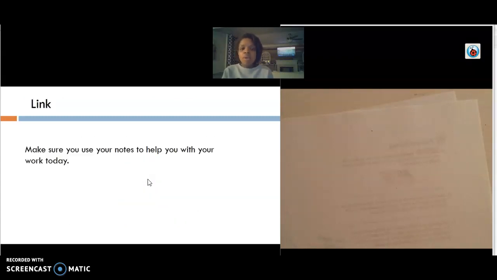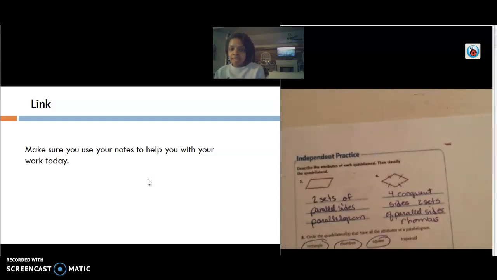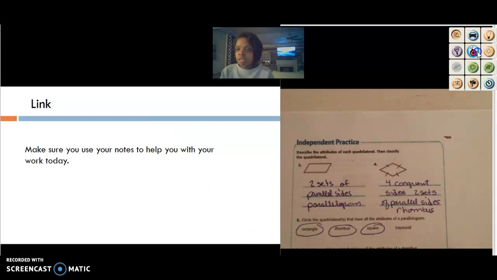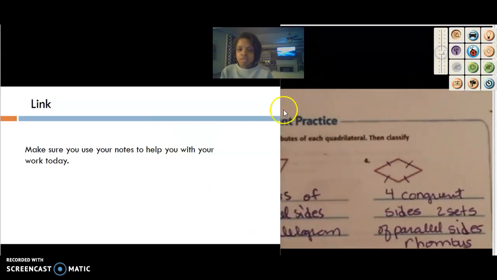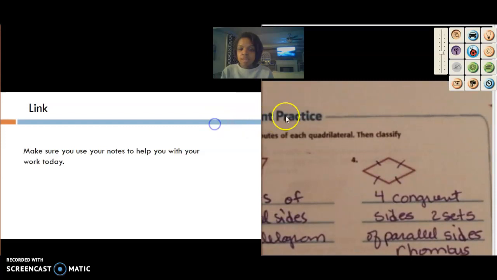All right, so what I wanted to do before you got started on your work was to kind of go over some of the work pages from the book because I want you to have a good understanding of how to use that hierarchy, okay? So let's look at number 1, and I'm actually going to bring this in a little bit closer so that you can see it better. Squeeze in here, and I'm going to slide my PowerPoint over because I don't need as much of it. All right, so